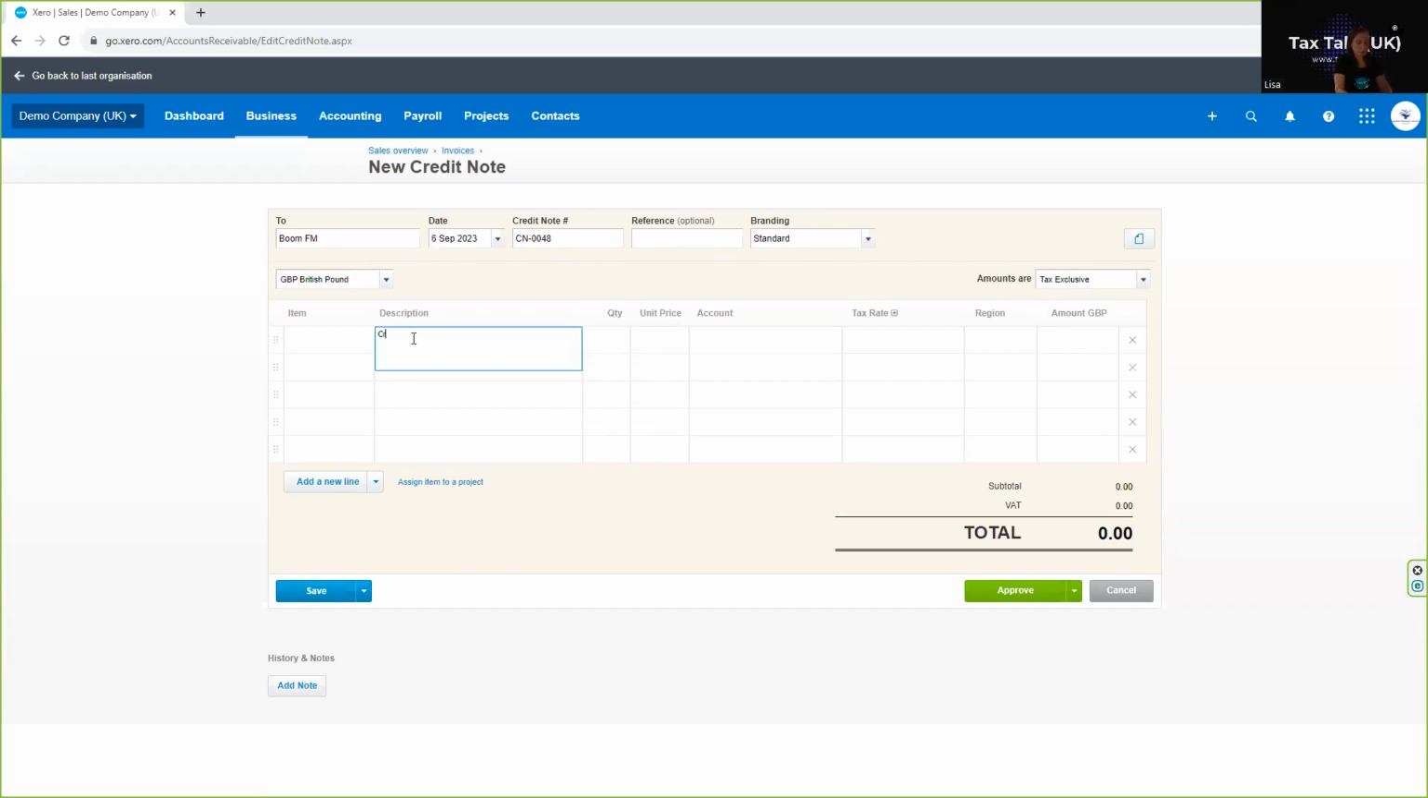So I'm going to credit overcharge of one item. Much as when you raise the invoice, the description is what goes on the credit for the customer or client to see. You should put enough information on there that you've got a clear audit trail of what has happened. So I'm going to credit one item 54125, and that was to the sales account, at 20% VAT. So if I now approve that,